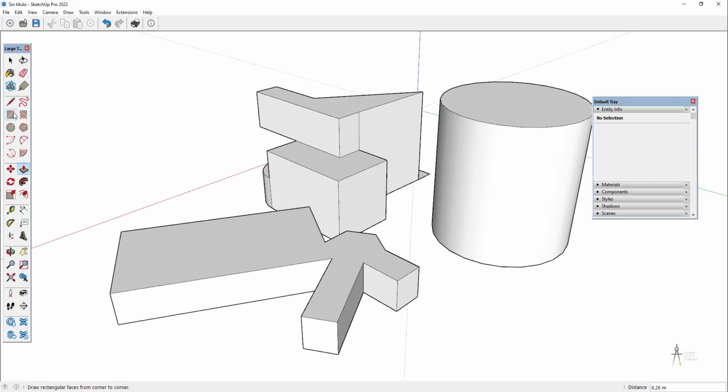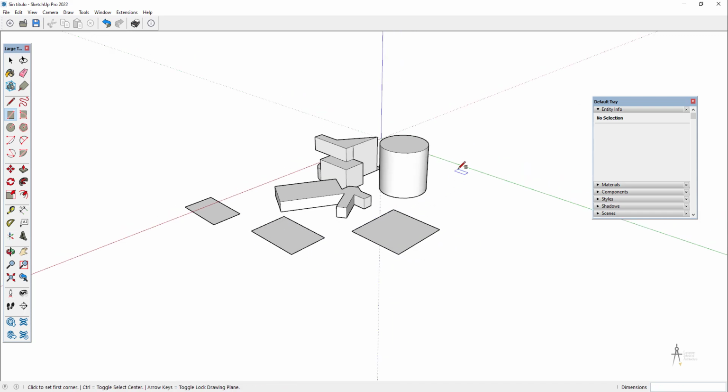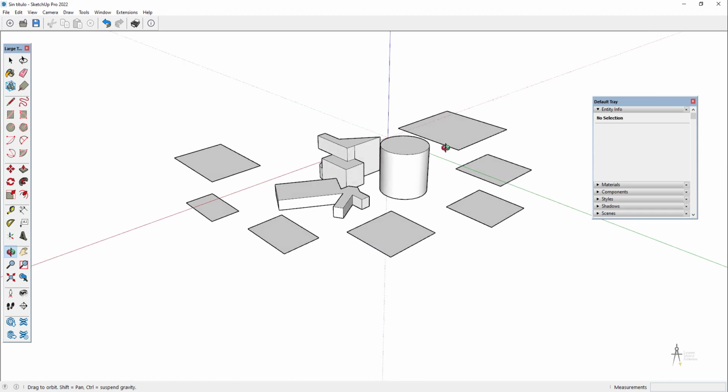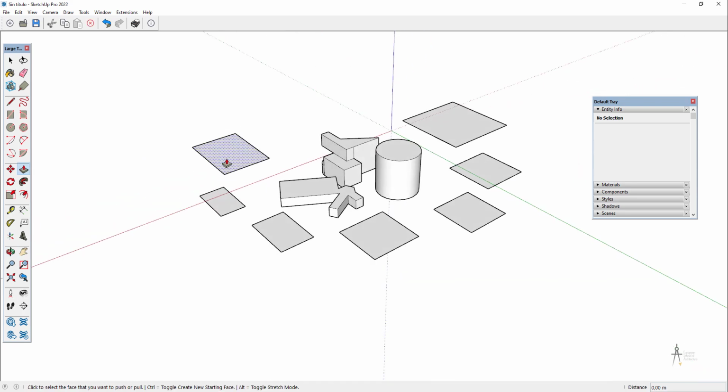Another interesting feature about the push-pull tool is the memory, trying to record the last time you extruded an element. So let's imagine I've got 5 rectangles I want to extrude, and I want them to have the same height. Let's imagine I want it to be 20. So I extrude my first one and I say 20,